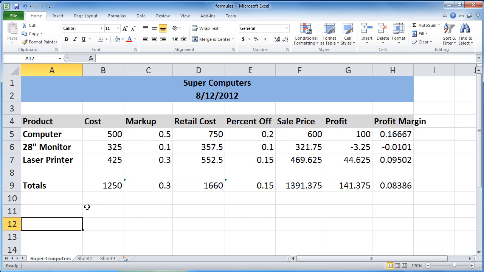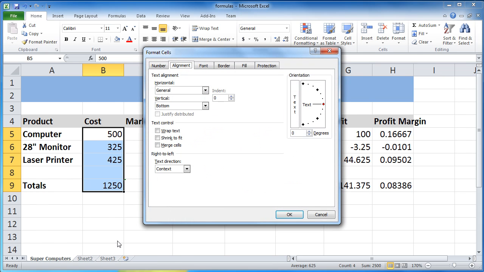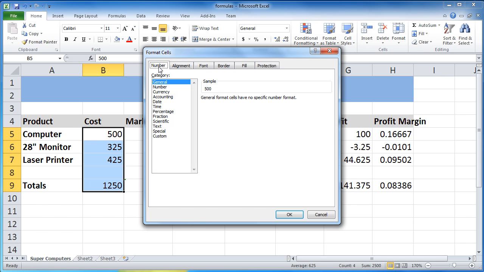Nice. Now I want to make the data formatted in a way that I can easily understand what's going on. For the cost, I want to see that it's a currency value. So I'm going to highlight those cells, right-click, go down to Format Cells, and then click on Number.